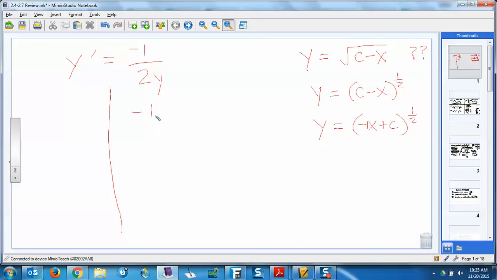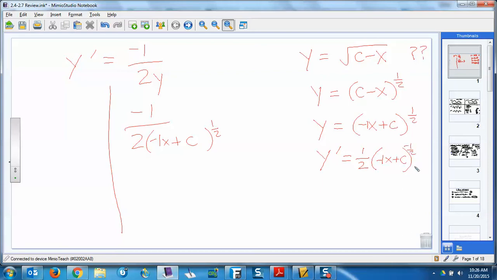So now I'm going to do this. And so now in place of the y, I'm going to put this, right? So that'd be negative 1x plus c all to the 1/2, right? And over here I need y prime. Where am I going to get that? By doing the derivative of this. So I'm going to bring the 1/2 down in front. We always leave the inside alone, right? To the